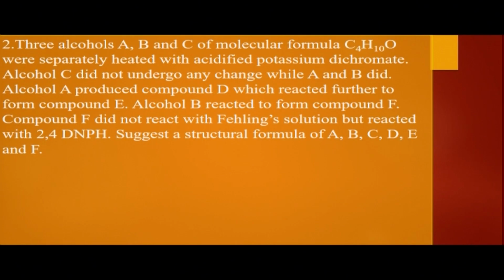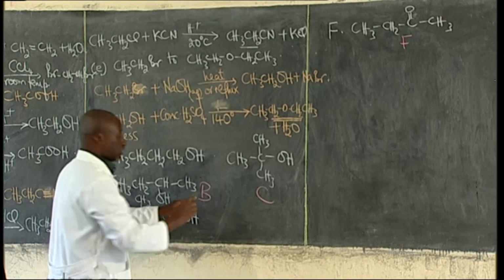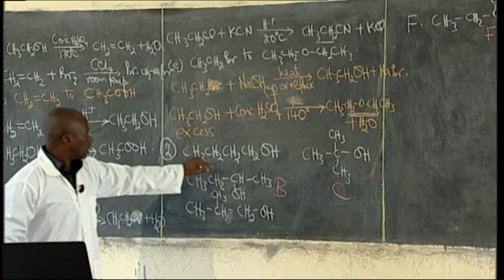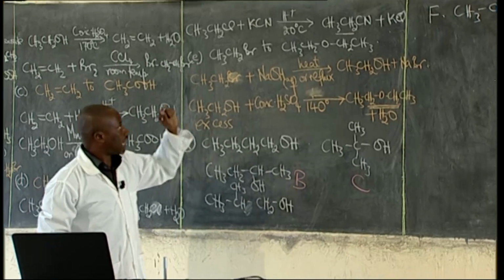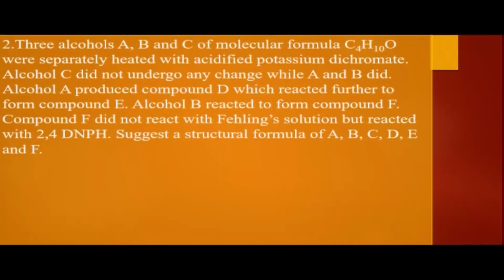Alcohol B reacted to form F, so this is B. Secondary alcohols are oxidized to F, which is a ketone, and ketones do not react with Fehling's solution, but they react with Brady's reagent, which is 2,4-dinitrophenylhydrazine. So we are remaining with